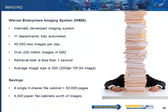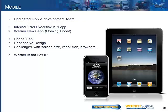Our imaging system is built in-house, and 11 departments are fully automated on that. We handle 45,000 new images a day with over 220 million images in DP2. Retrieval time of less than a second. To put that in perspective, that's 4,400 paper file cabinets worth of images that we don't have to store because they're electronic. We've got a dedicated mobile development team,